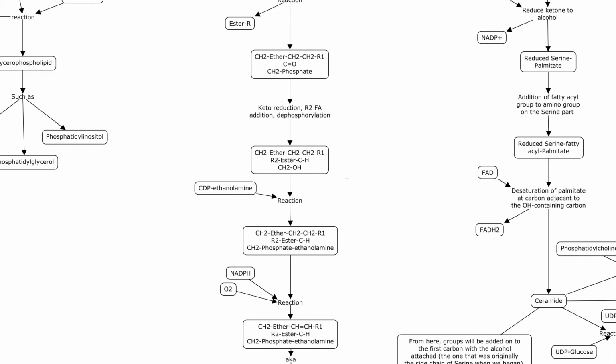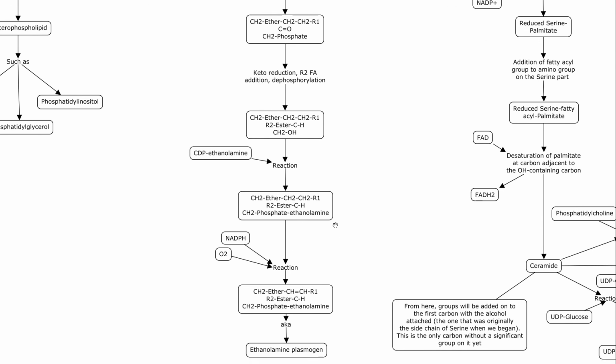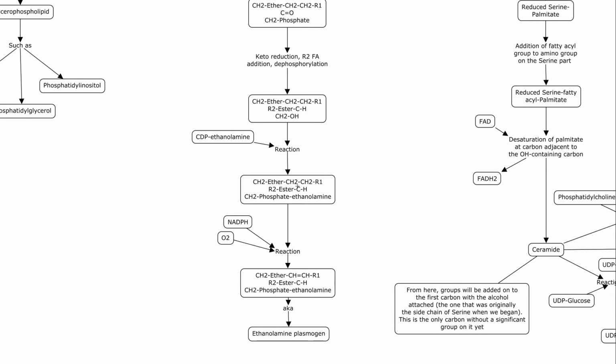And so that's going to, of course, add on to carbon 3. And so it's going to give us still the ether on carbon 1, the ester on carbon 2, and now the phosphate with ethanolamine on carbon 3. And so what we're going to do now is reduce basically the chain with the ester on it. We're going to turn that alkyl group or bond into a double bond. So it goes from an alkane to an alkene, and everything else is going to be the same. So we've got the ether there, and that specific one is ethanolamine plasmalogen, which plasmalogen, I guess, is a class